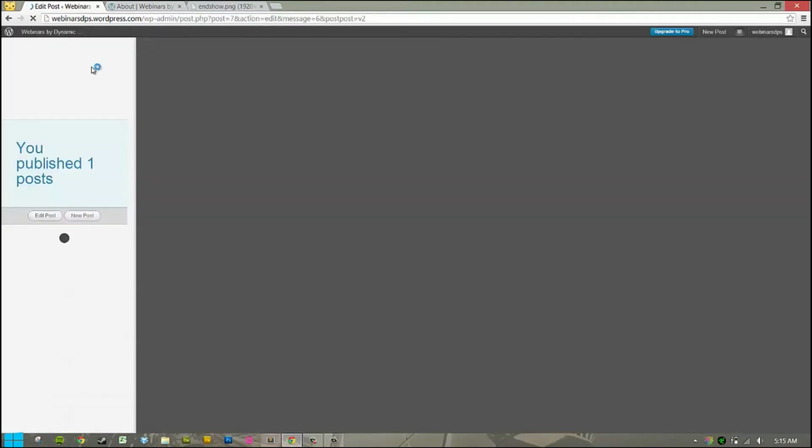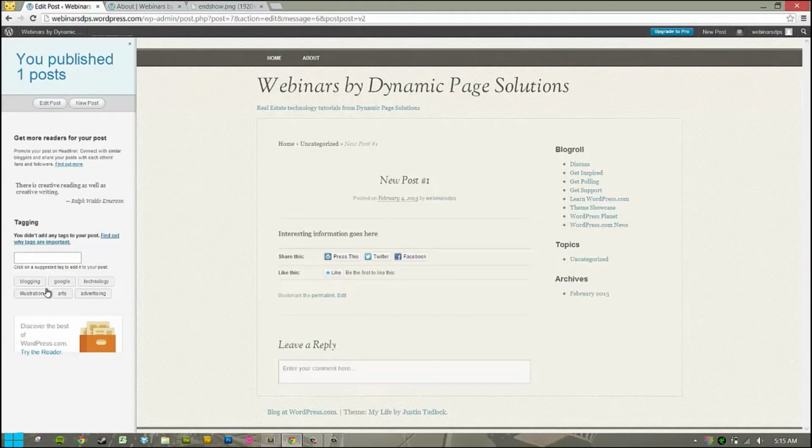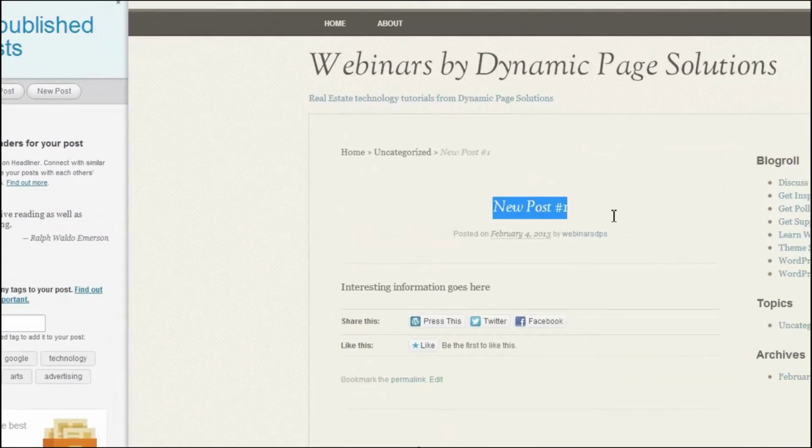We're going to wait for it to load. And when you publish a new post, it automatically takes you to this screen here. And it'll give you some ideas of how to get the most out of your post over here on the left. We're going to ignore that for now and just look at our site here. So now we have our new post number 1,